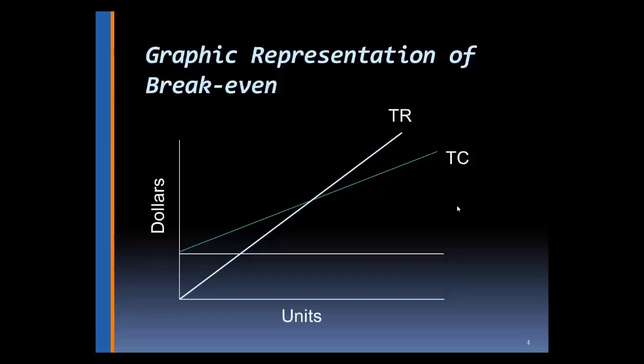I think there's a misconception normally on the part of most students that the break-even occurs very early in the month. Let me give an example. Most retailers make about 3% to the bottom line. Now, if you think about it, there are 30 days in the month. This would mean that most retailers are going to break even on the last day of the month when they reach the last 3% of their revenue.